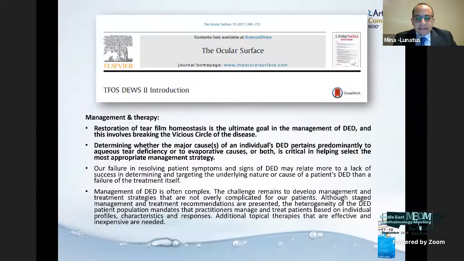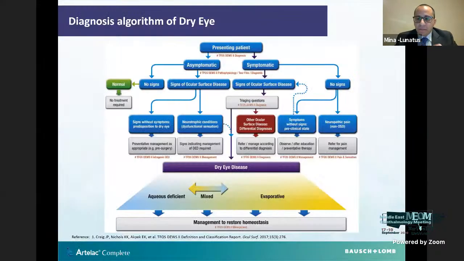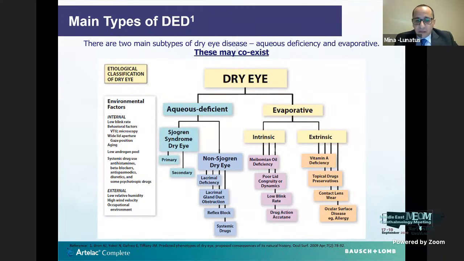And this takes us to the second highlight from the DEWS report, that determining whether the major cause of an individual's dry eye disease is predominantly related to aqueous tear deficiency or to evaporative causes or both is critical in helping select the most appropriate management strategy. And that's why they defined a diagnosis algorithm to define whether we have an aqueous deficient dry eye or an evaporative dry eye. And it's important to highlight this difference because aqueous deficient dry eye like Sjogren's syndrome, lacrimal gland deficiency, compared to evaporative dry eye like meibomian oil deficiency or others, both of them have a different predicted natural